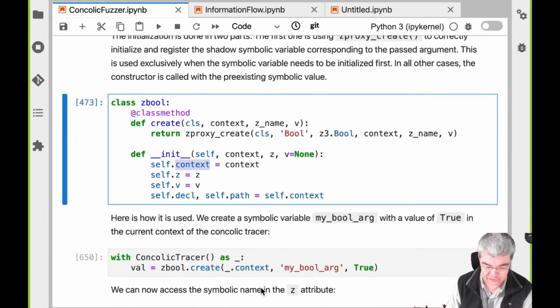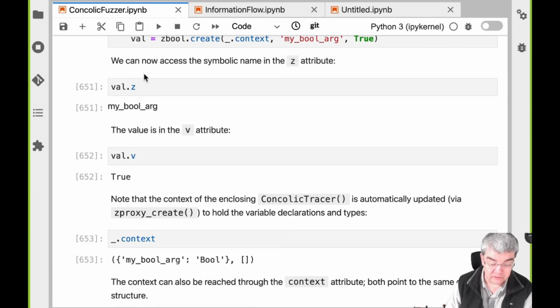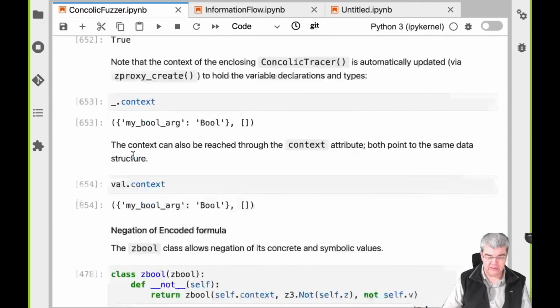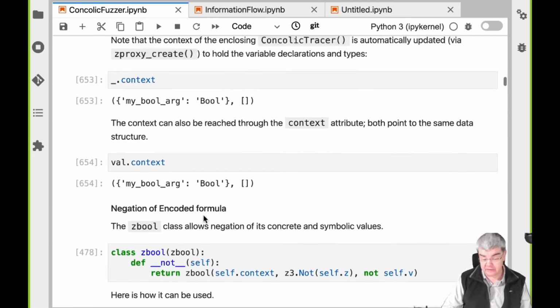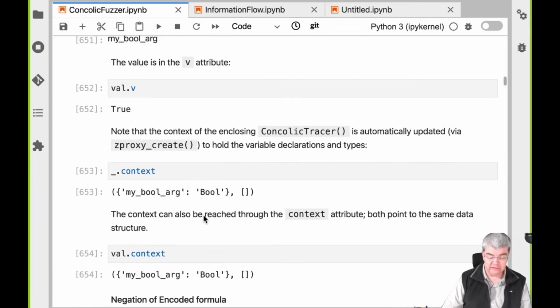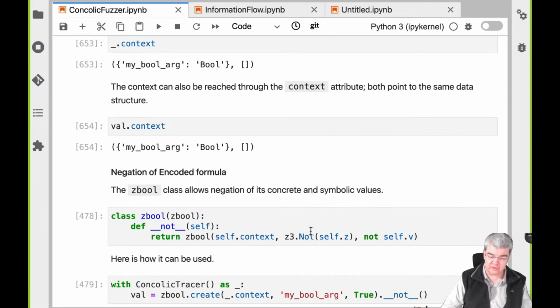This is the whole idea in here. So what we're saving here is variable names, and as things get longer, entire conditions. We also save the actual value encountered, and this is what we then put together to form these path conditions. And very much like with our information flow string class, we have to implement extra operations. So we need to make sure that if we negate a bool, then we also keep all the information that is attached to it. So we propagate this